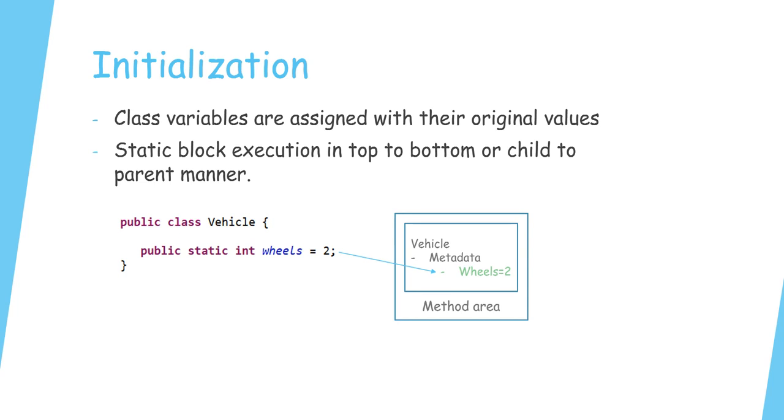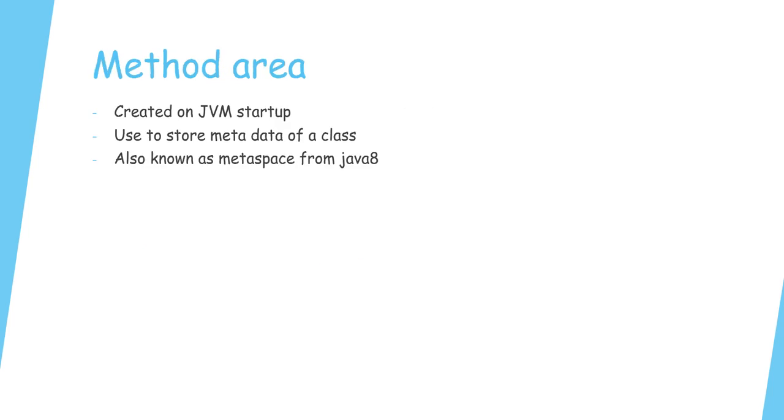Now I hope you got the answer to all your questions, like why static blocks are executed even before the instance is created. It happens during the initialization phase. And why you don't have to import any additional jars for using core Java classes, as it is taken care of by the Bootstrap class loader. Now let's look at the various runtime data areas.